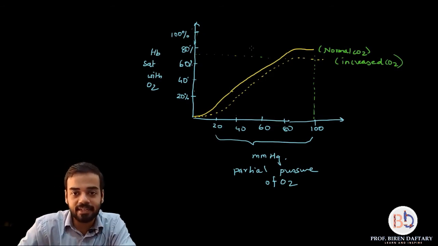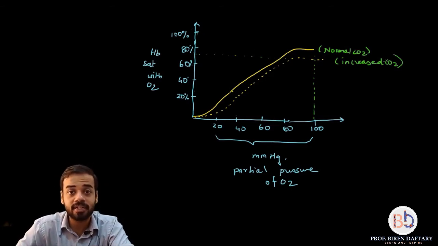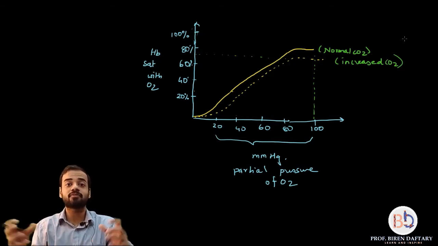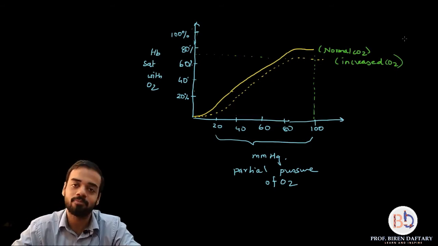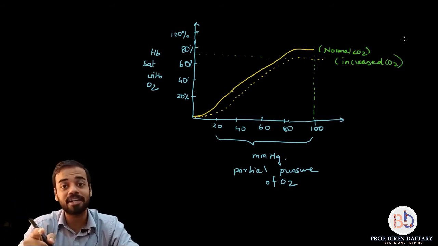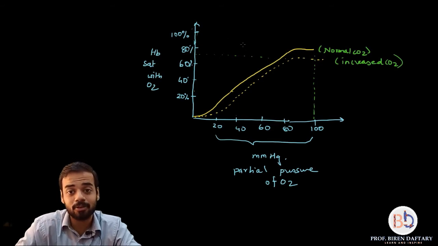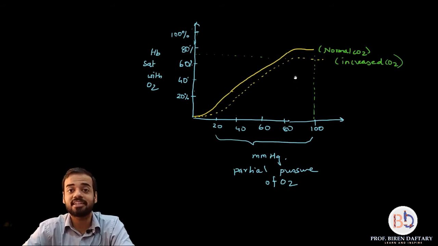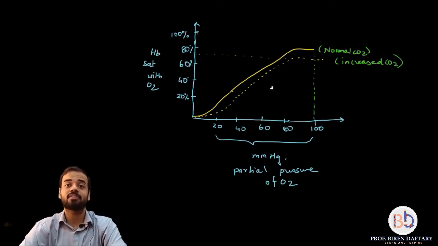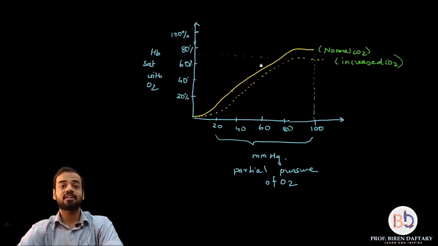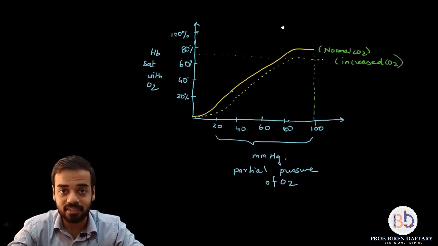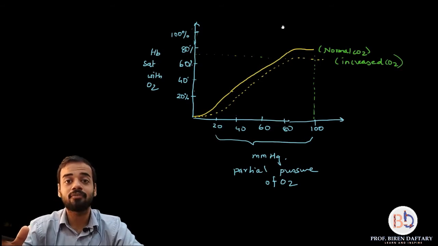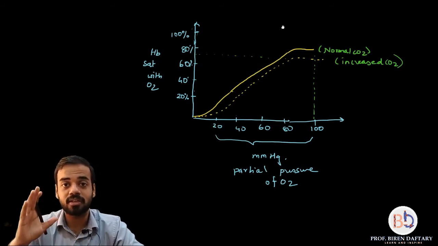So in this second graph, which we have shown with increased carbon dioxide, the partial pressure of carbon dioxide has increased and it is preventing the oxygen from easily binding with the hemoglobin. Oxygen will bind to the hemoglobin, but not as easily as in the previous graph. So in this second graph you can see that the saturation of hemoglobin with oxygen has gone down. And that is why we say that when carbon dioxide partial pressure or concentration is increased, the curve moves towards the right.